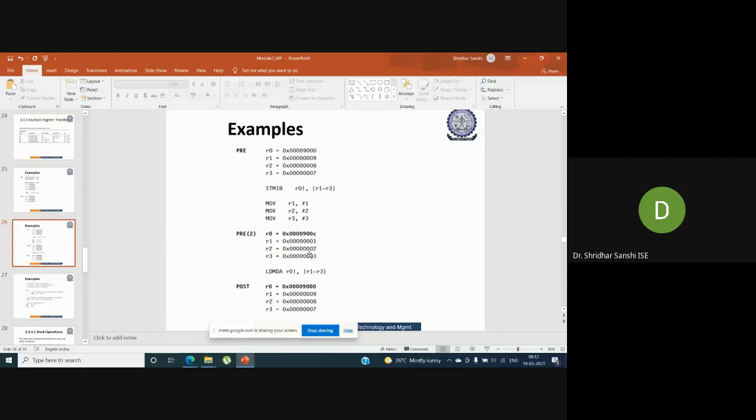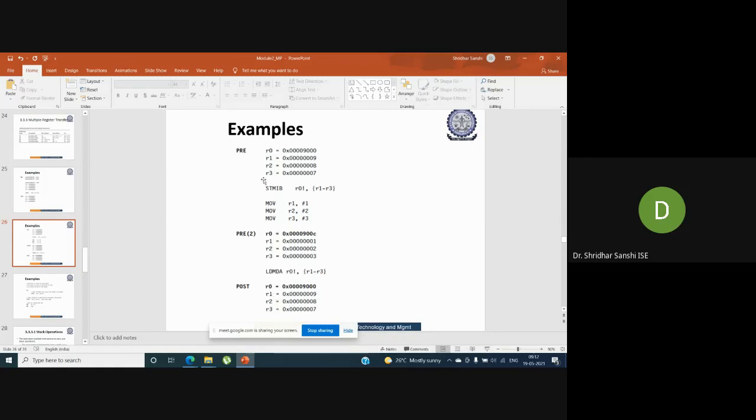From that particular address we move the value to R1. That value corresponds to 009. This is the value we stored in that memory address, and this is what we are storing back.